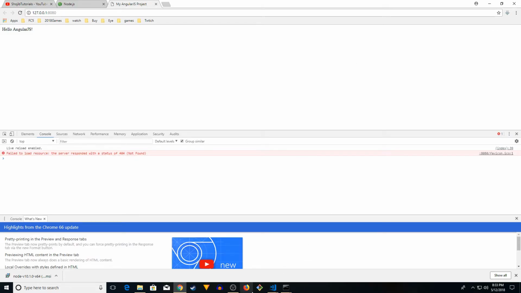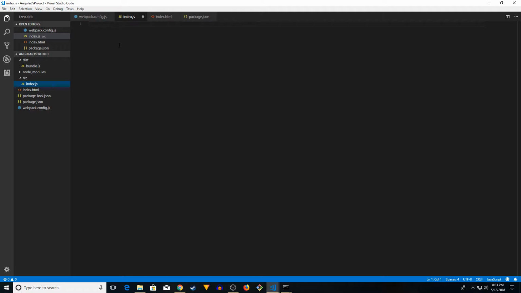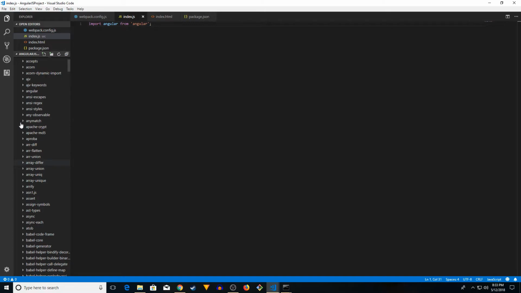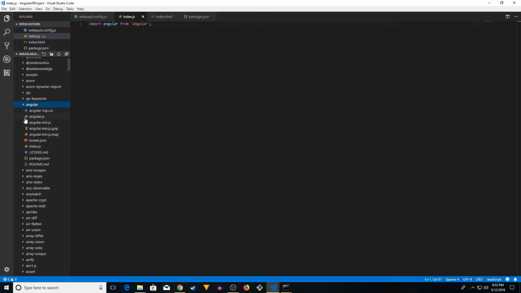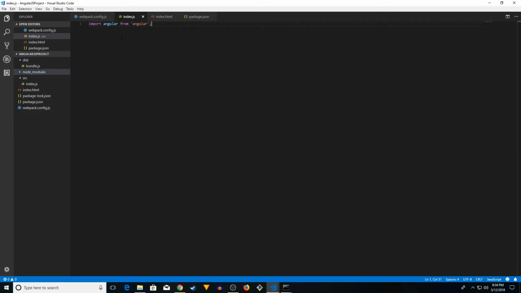Okay, all right, now we can go back to our project and add more stuff to it. Let's see what we can do now. We're going to write some code now. Okay, I'm going to write some Angular code. Import angular from angular. See this? Now this will go to node_modules and fetch angular from there. Angular, something that we installed, is going to be used here. This is the benefit of Webpack. So you can do import angular from angular, and then we can say const app equals